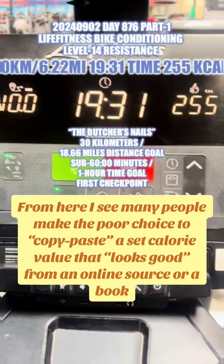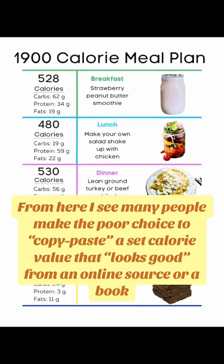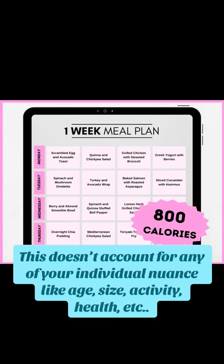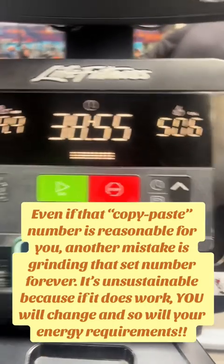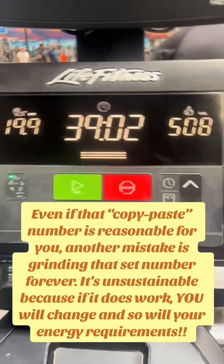Every journey needs a starting point. So now that we have that, how do we determine our destination and our route to get there? What's our course? This is where it begins to go off the rails for a lot of people. The first mistake is copy-pasting a set calorie diet that you see on the internet that looks good. 1,900 calories, 1,000 calories, 800 calories. It doesn't take into account your age, your gender, your body size, your activity level, your lifestyle, none of that, right? And furthermore, even if that is a relatively reasonable set number of calories for you, which most of the time it isn't, but let's just say hypothetically it is,